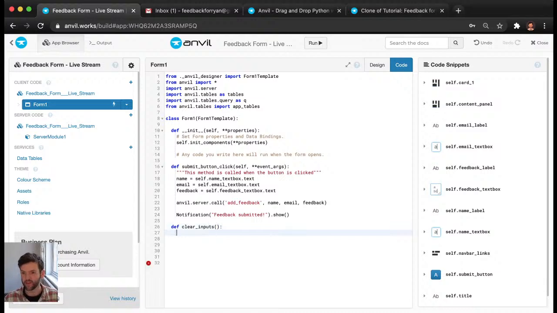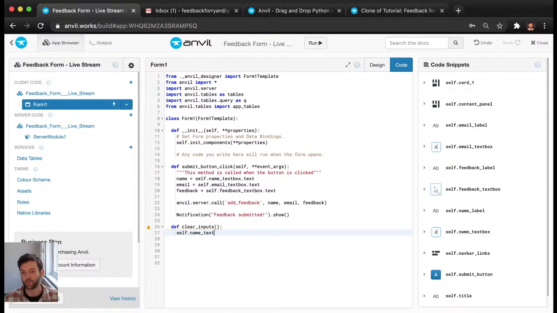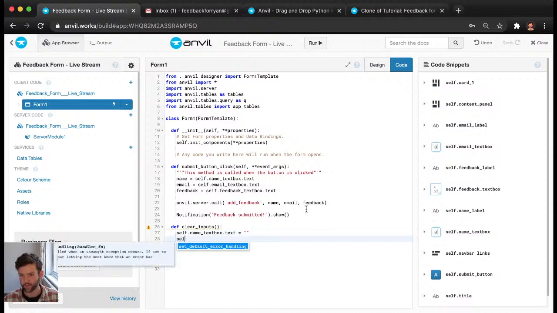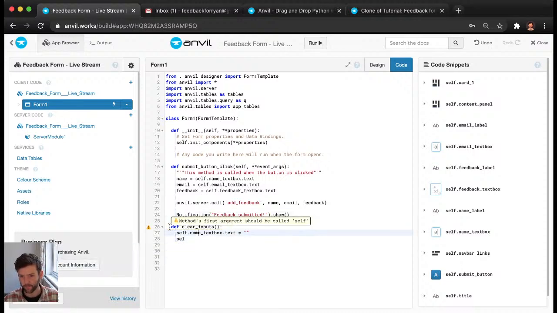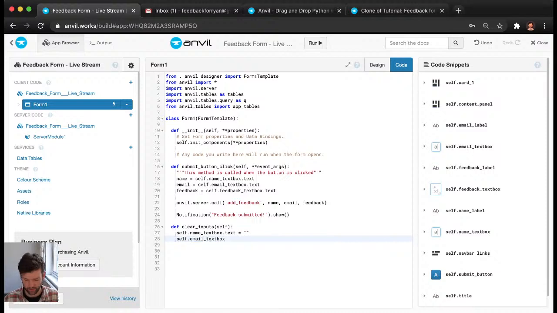Don't need any arguments for this, and then all I'm going to do is set each one of our components, or each one of our text boxes, to empty strings. So text, set that to an empty string. Actually, as it's a client form, I just need to give it the self. So self, we've got the name one. If we do the email text box text,